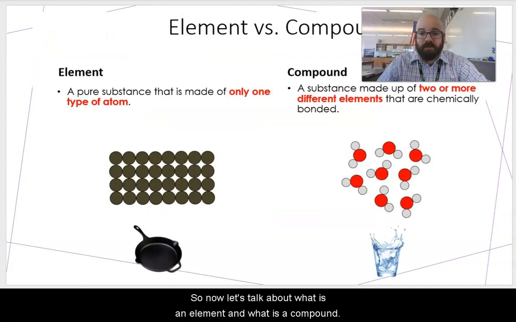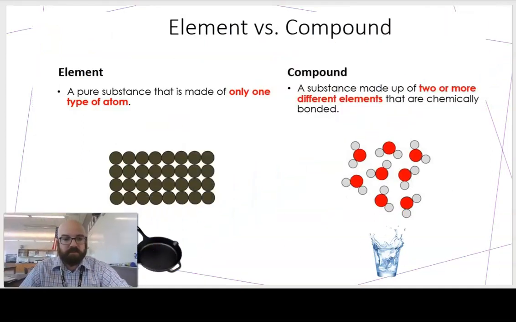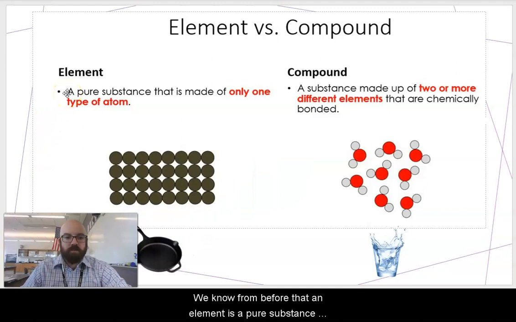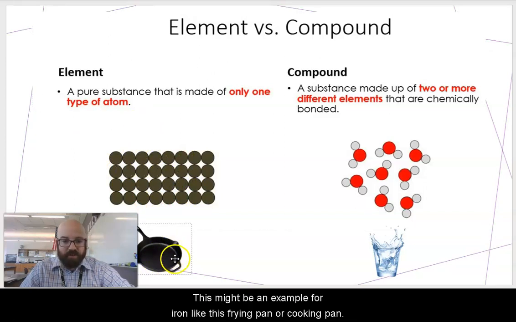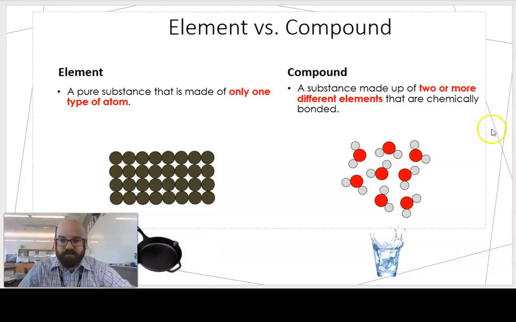So now let's talk about what is an element and what is a compound. We know from before that an element is a pure substance made up of one type of atom. We can see what a model might look like, where these are all the same color and same size atom. This might be an example for iron, like this frying pan or cooking pan. For the compound